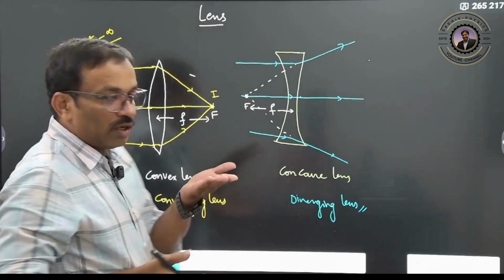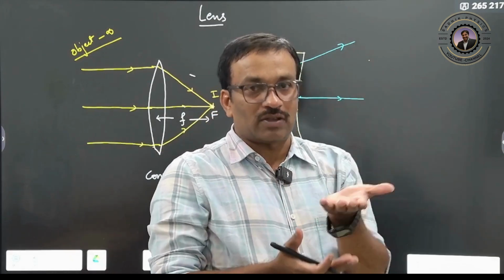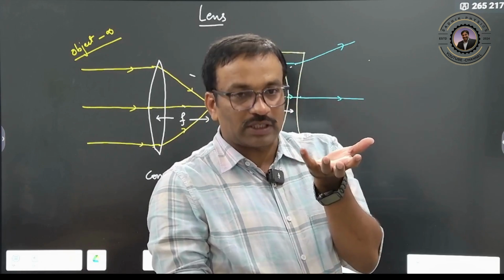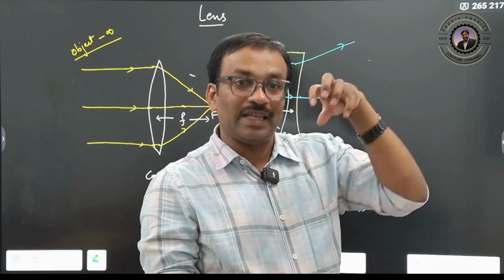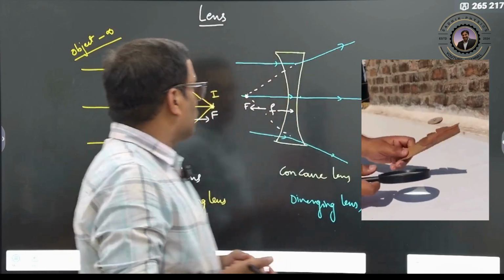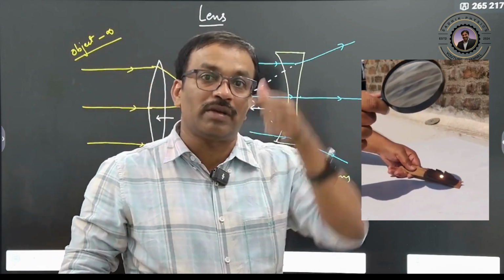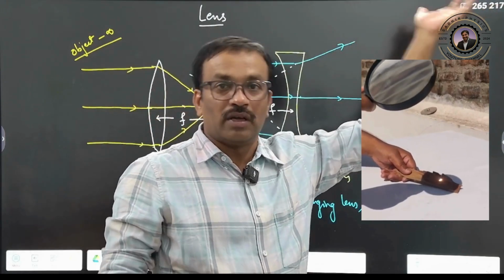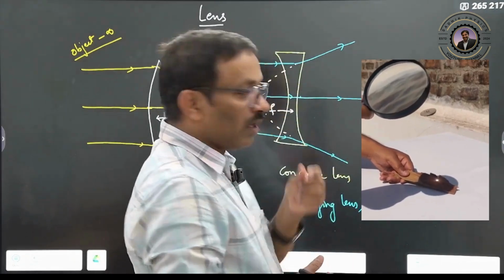Suppose you might have played with a converging lens or reading lens. Therefore here, you will see the sunlight, the spot which is formed on the paper. Really the spot is formed on the paper. Therefore, when real light rays are coming and meeting, that is called a real image. Clear? And how is the image? This is a smaller image. That image is of what? Image of the sun actually. So how much is the size of the sun? Very big, but the spot on the paper will be very